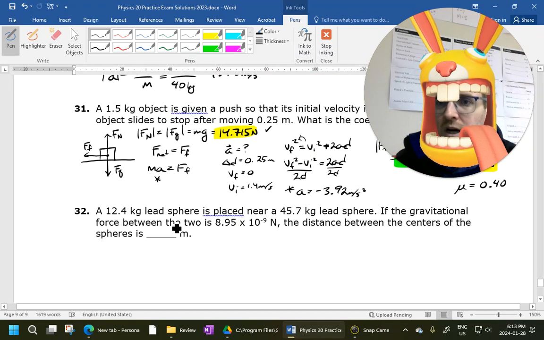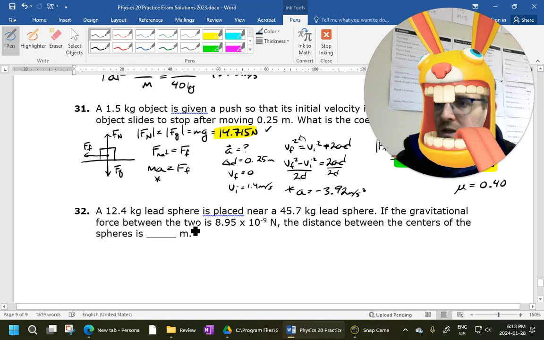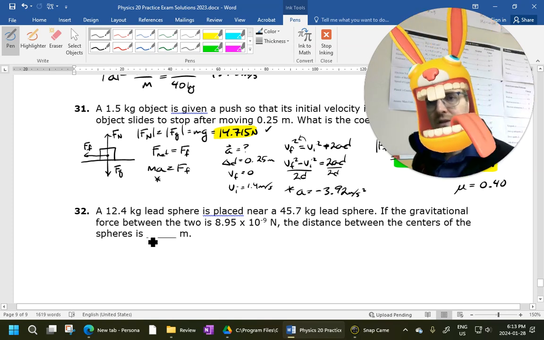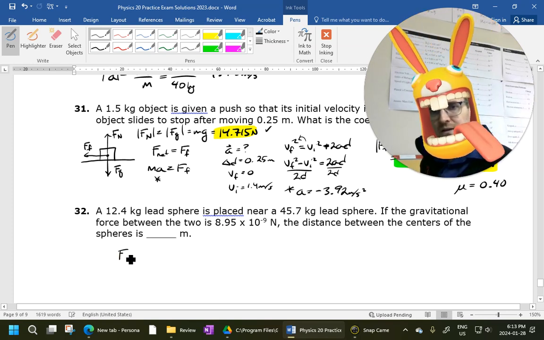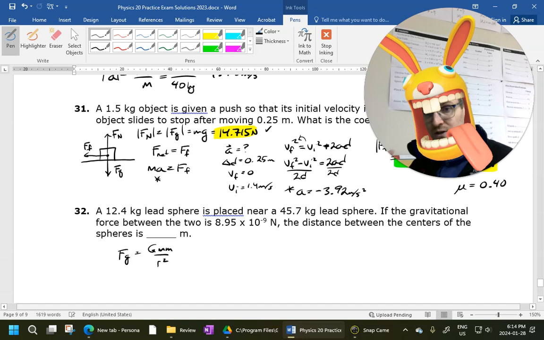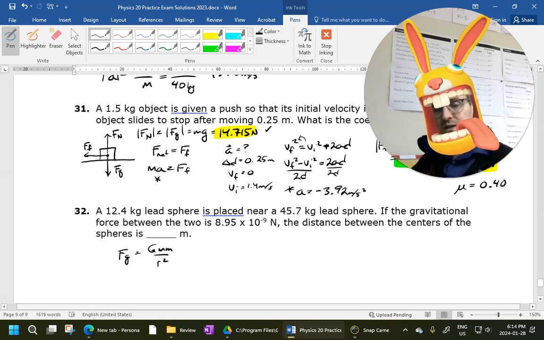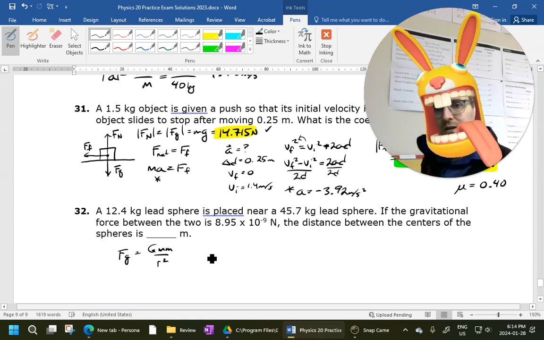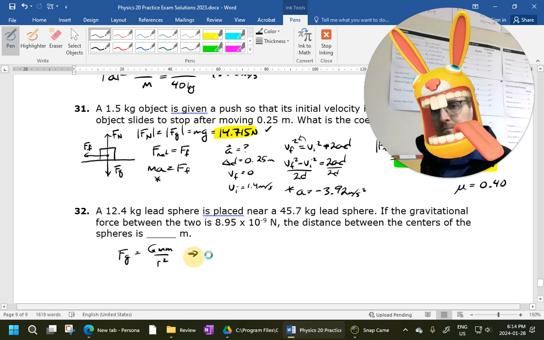We got two objects here. They have a force between them. What's the distance between the centers? Okay, so this is just a nice little formula here. We got force is equal to G m m over r squared. Remember, two massed objects are going to be attracted to each other through this formula. And I can determine the distance between them